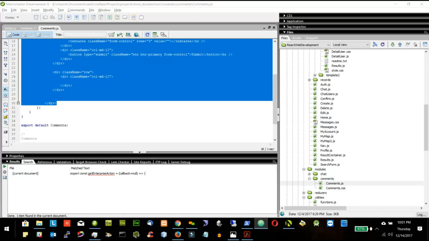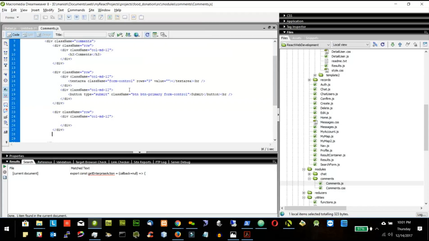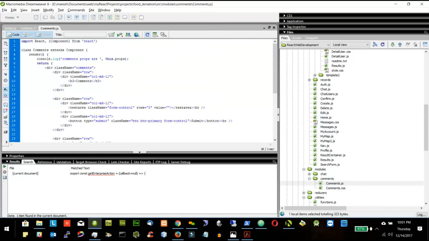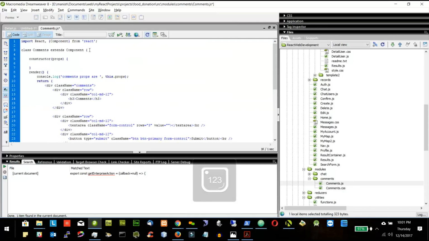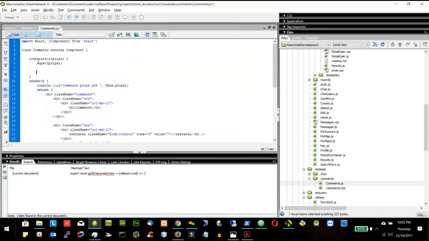Okay. So whenever we do some changes in the form, we want to put it in the state. So I will create the state now. I'll say constructor props, and then here I will say super props, and I'll say this.state is equal to